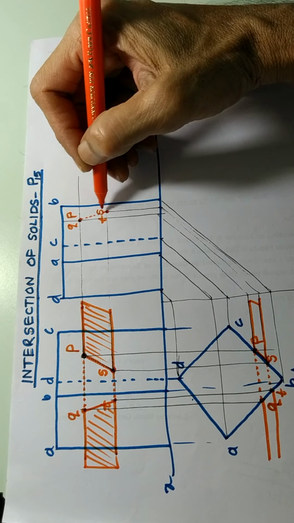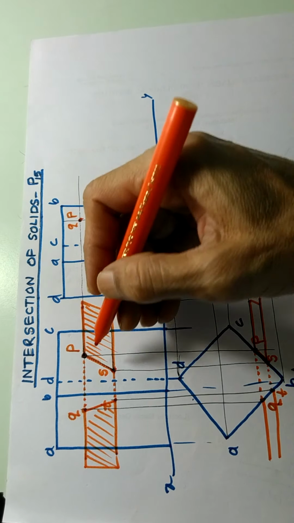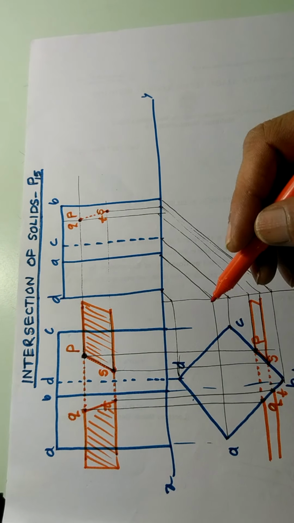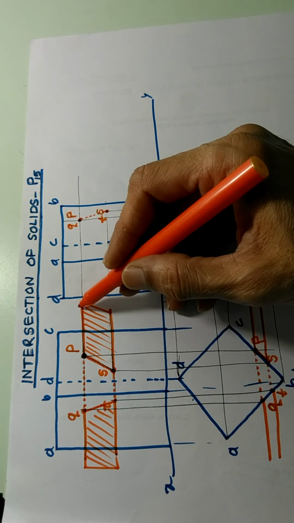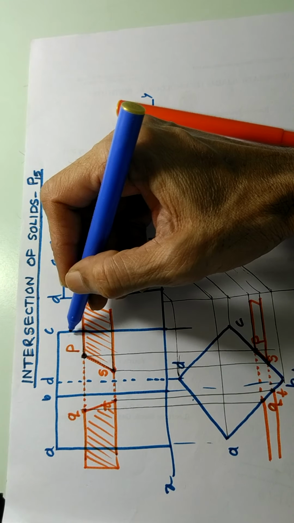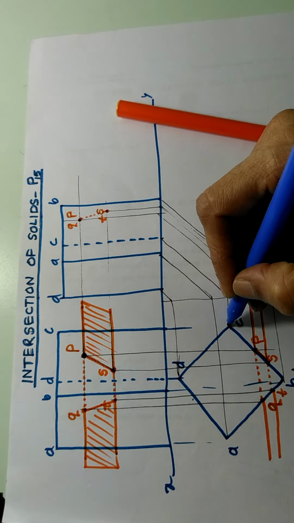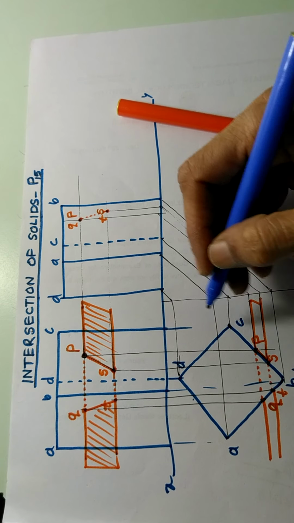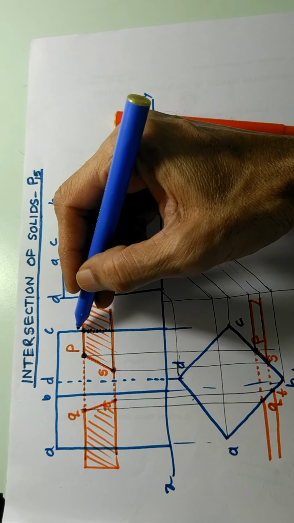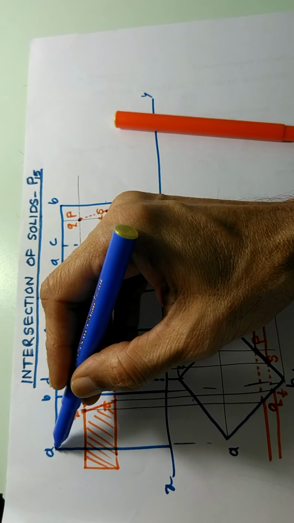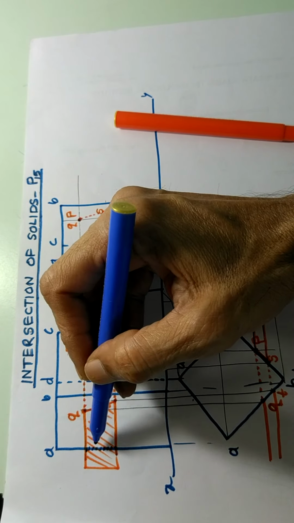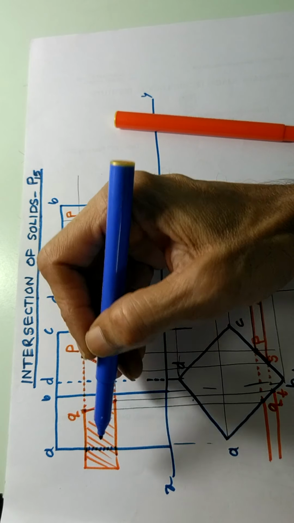So this is one inclined plane that has cut the prism like this, and it has come out from the prism like this. Now because of this plane, what will happen is this part of the edge, edge A, edge at C, which was initially drawn full, this is the edge at C. Because the plane is coming in between, this part of the line will be dotted. From here to here, this edge C will be dotted. Similarly, edge A will be dotted here, between this to this, because the plane is in front. So this part will be dotted.